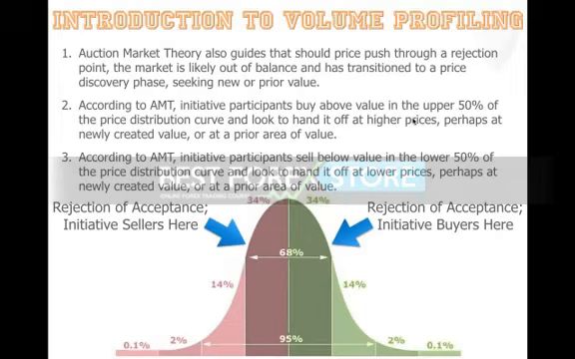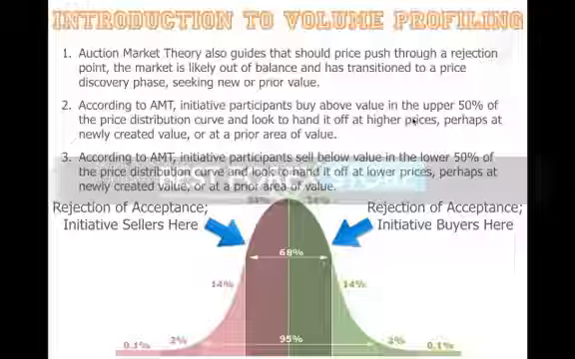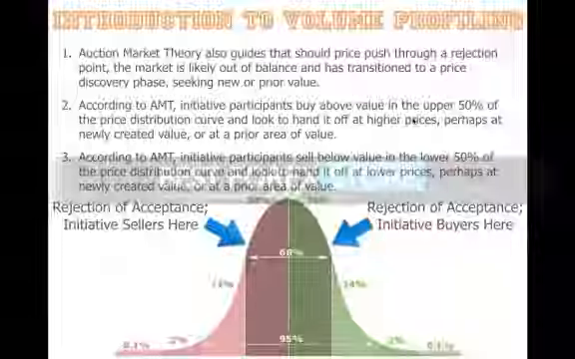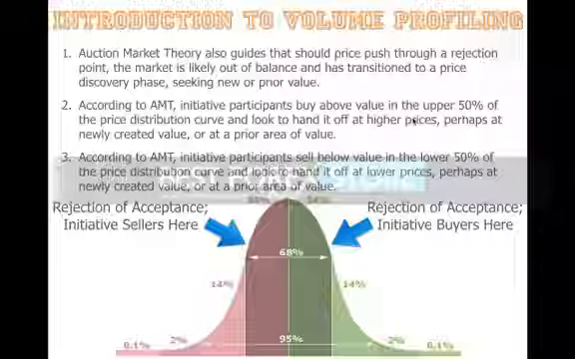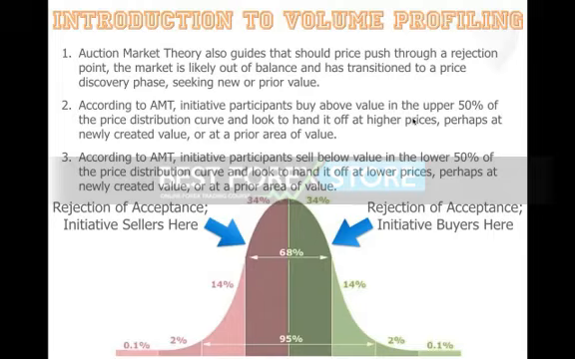And we'd be betting to hand it off at higher prices, perhaps at newly created value or at prior value. If we were initiative sellers, on the other hand, we'd be looking to sell in the lower 50% of the price distribution curve, below value. And we'd be looking to hand it off at lower prices, perhaps at newly created value below or at a prior area of value. So essentially, what this scenario is saying is that if the market falls out of balance,